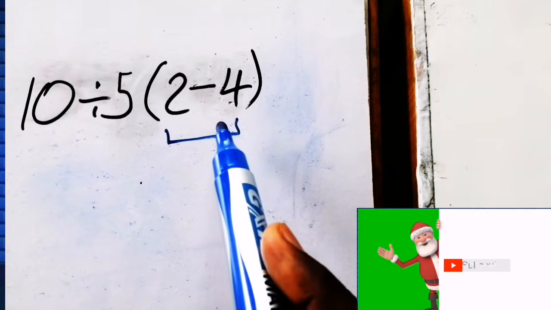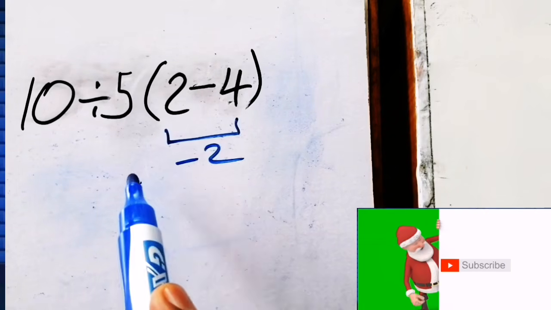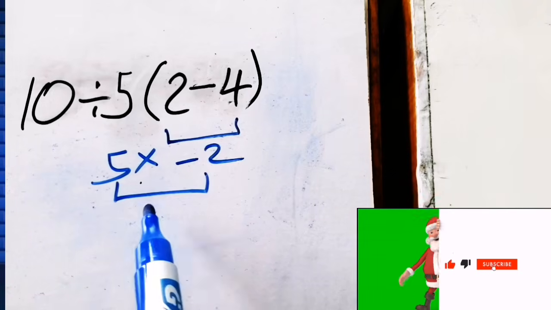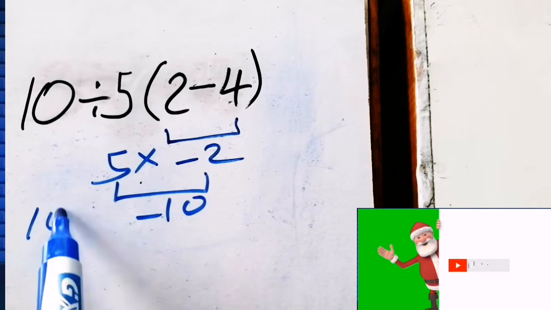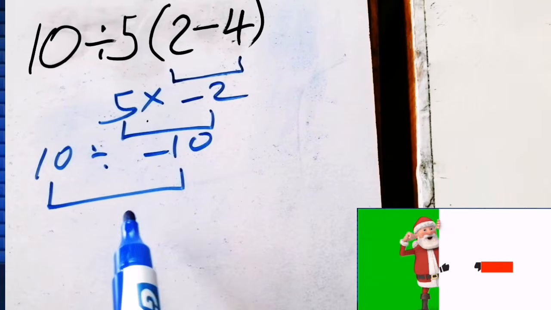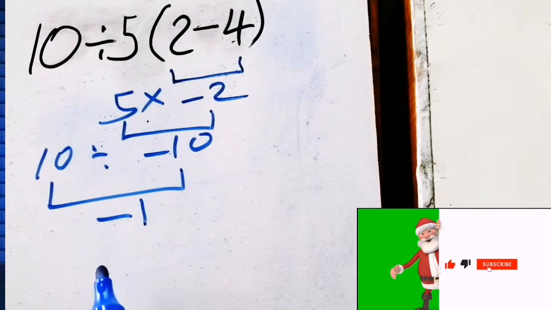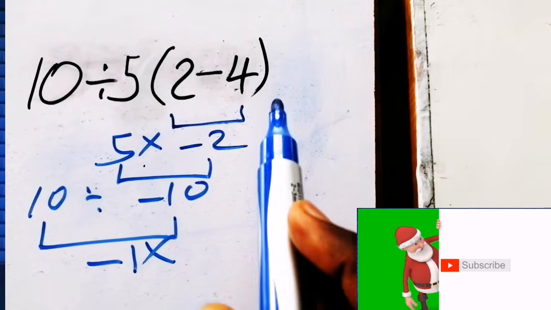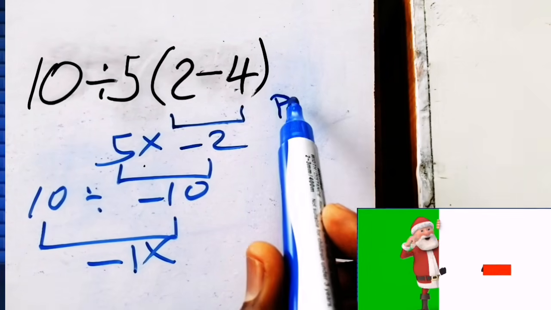2 minus 4 which equals negative 2. Then here 5 times negative 2 which equals negative 10. Okay. Then 10 divided by negative 10 which equals negative 1. But this answer is not correct, because according to the order of operation, first we have to do parentheses, then